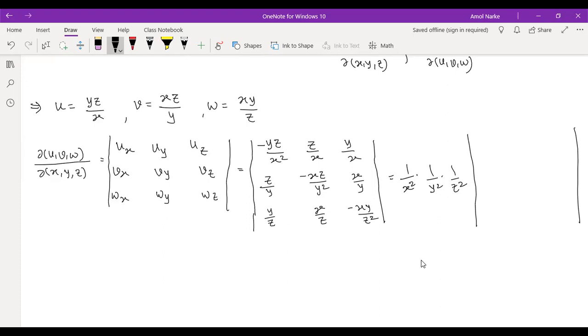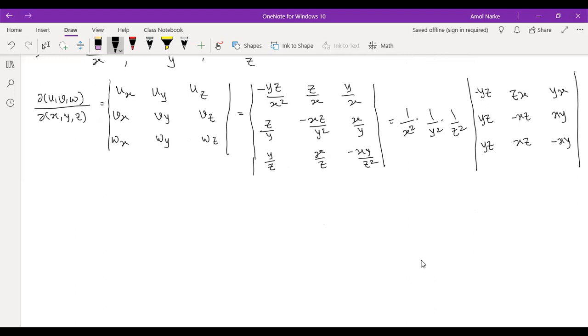So minus yz remains only here. Here zx is required, so zx. Here also yx. Here y is already gone, so yz you can write. Here you can write minus xz. Here xy. Yes or no? Please check it out. Any doubts you can ask me. Zx, not x. So plus yz. Here xz. And here minus xy. Now you can solve this.